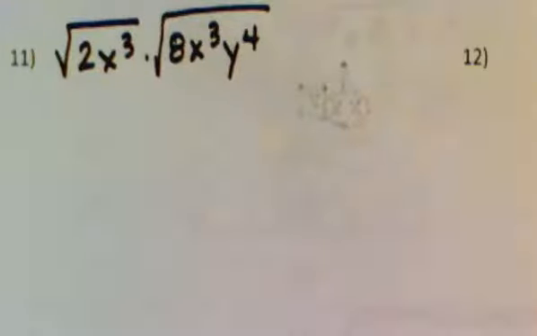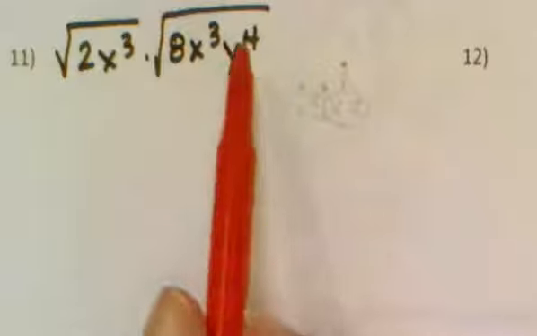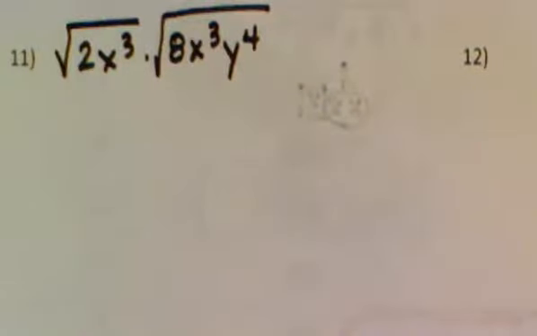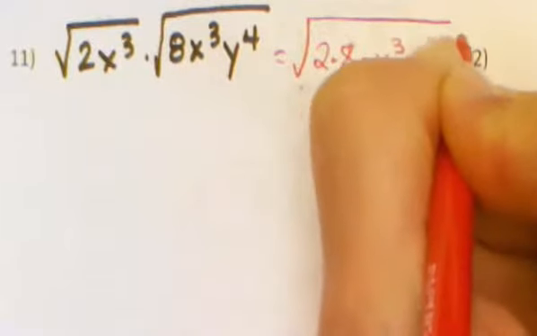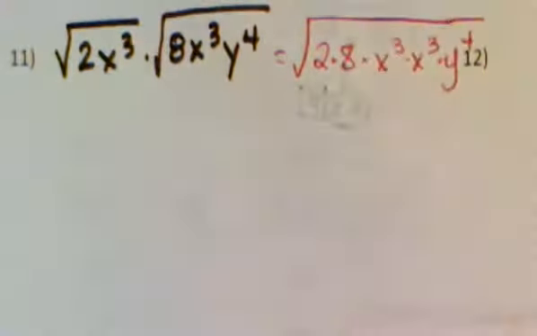So we're going to start this problem the same way, where we're going to regroup everything under one radical and rearrange the numbers together and then like variables together. So not like terms, but x's together and then y's together. So we'll have 2 times 8 times x cubed, y to the 4th. Kind of squeeze it in. And then just like before, we'll do our factor pairs. So we've got 2